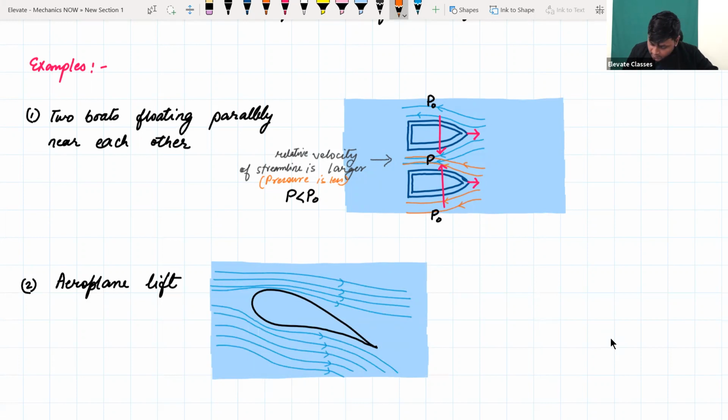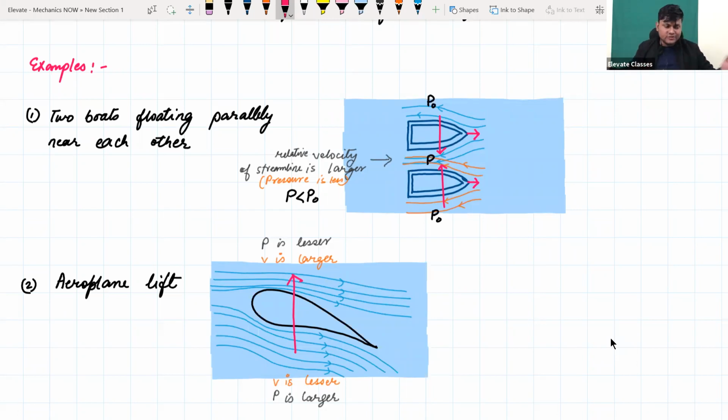Okay, so here v is lesser compared to above the aeroplane wings, where v is larger. Now, this directly corresponds to a pressure difference, in the sense that here P is larger, but here P is lesser, which means that there is a pressure difference that ultimately creates some sort of a thrust upwards. Okay, it creates a thrust upwards, and it is this thrust of the air pressure difference that lifts up the